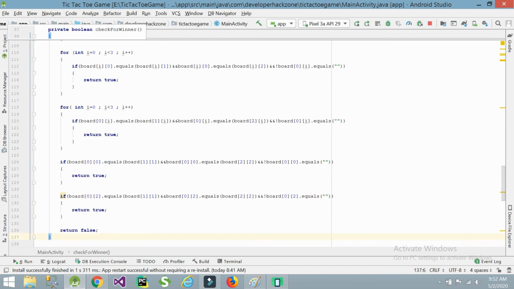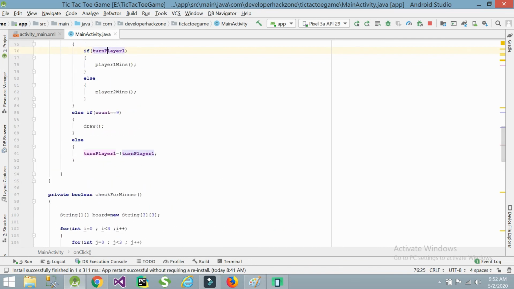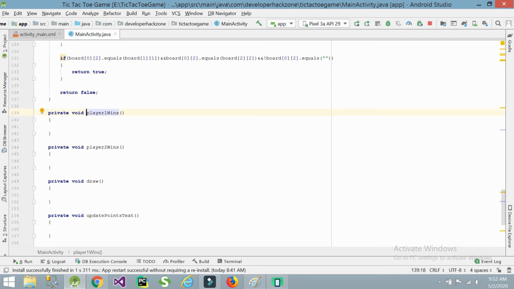If the condition is true, it will execute if player 1 or player 2, anyone, has already won the match. So it will check for player 1, like if player 1 played in the last turn, it will return that player 1 wins.